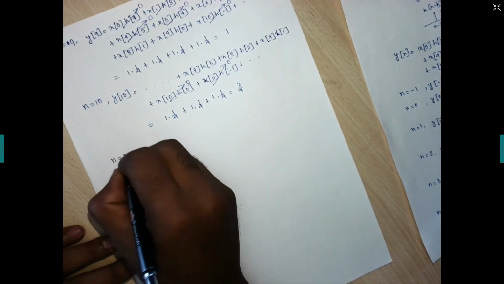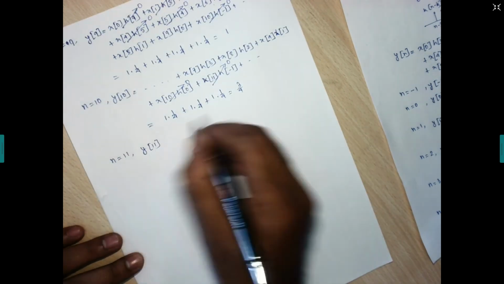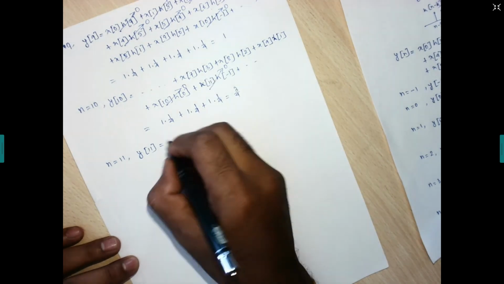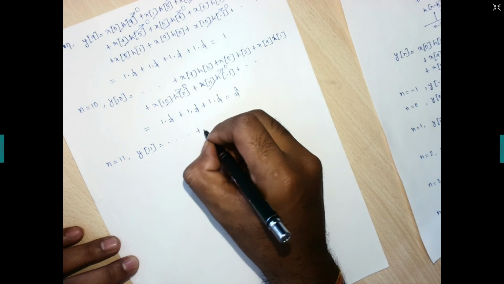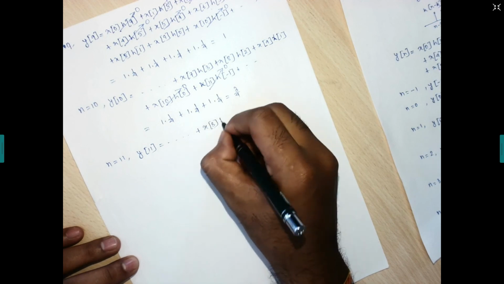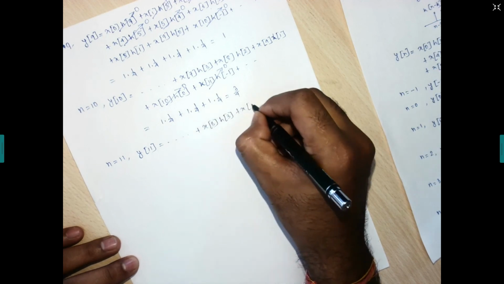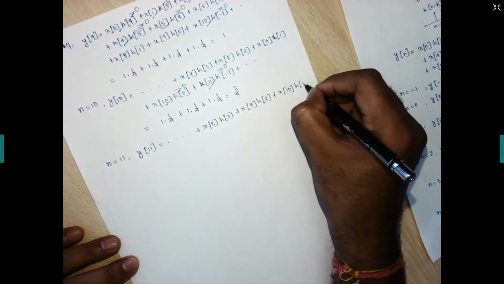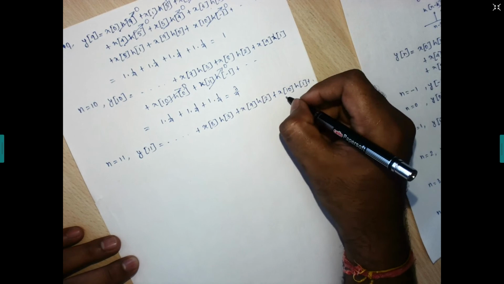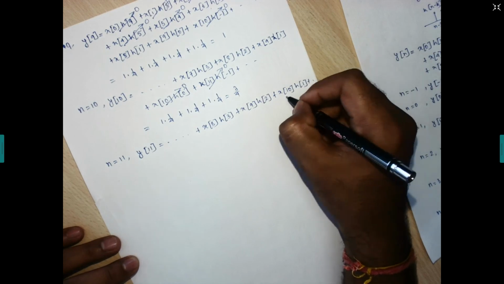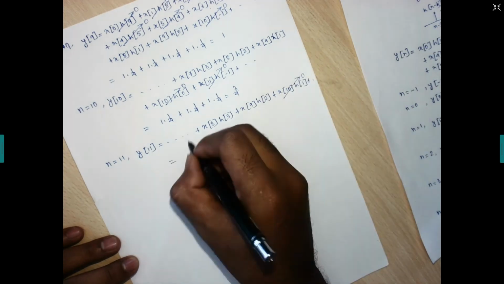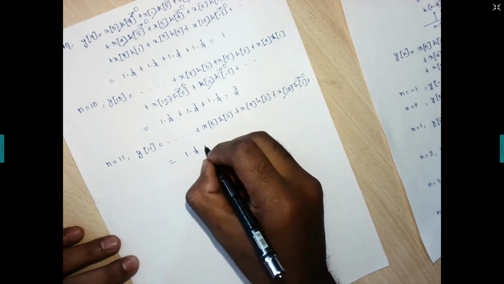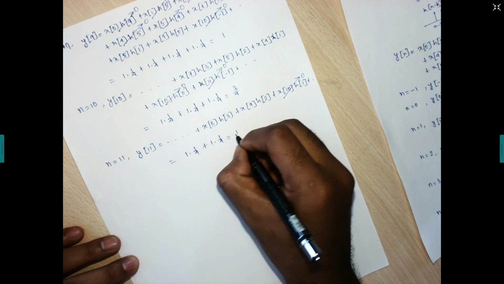Now we are going for n is equals to 11, y of 11. So let us consider whether there is anything there or not. So it will start from x of 8, right? x of 8 h of 3, then x of 9 h of 2, then x of 10 h of 1. So should we need to go? Obviously no, because starting from x of 10 there is no sample. So starting from this it is 0. So what we are having beyond that, in the left hand side it is also there. So what we are having, 1 into 1 by 4 plus 1 into 1 by 4, that is half.